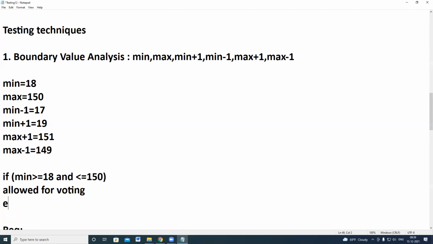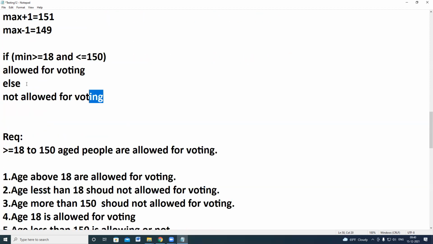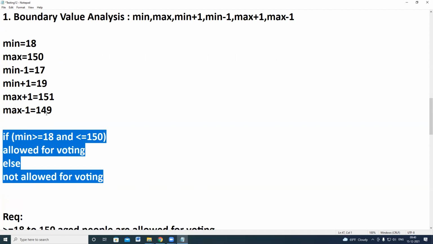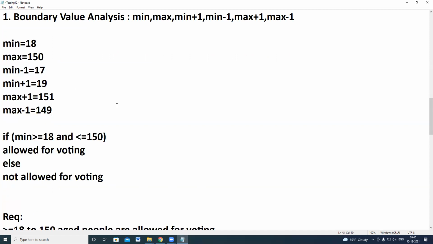In all the else cases, not allowed for voting. So for this requirement, we have tested all these 6 combinations.